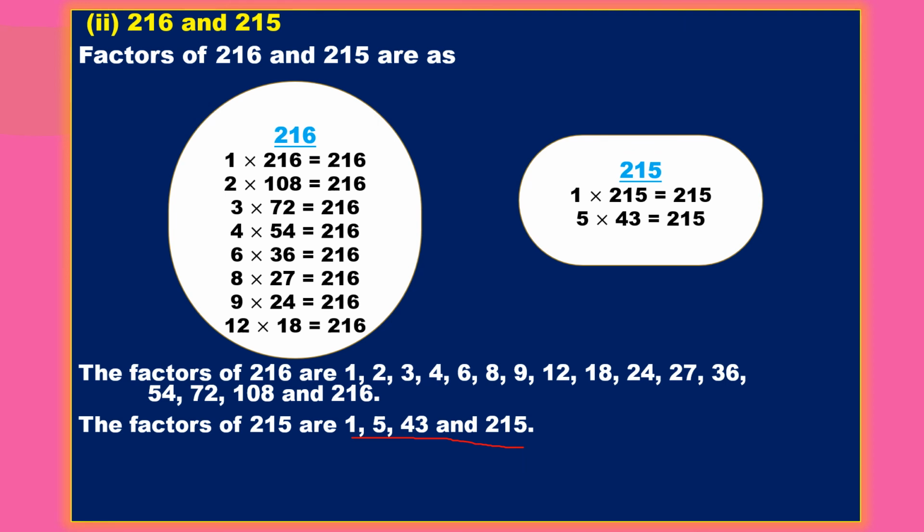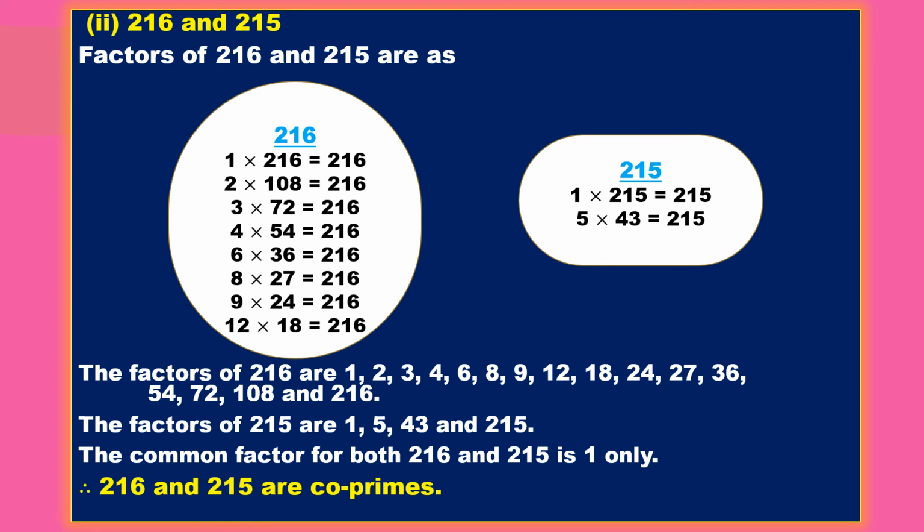Okay, so now we'll see whether any common factors are there. Here 1 is the common factor. Anyhow, you can directly count 1, because 1 is a common factor for every number. Next, 5 is not there here, 43 is not there. So here also 1 is the only common factor, so 1 is the only friend for these two, the common friend. Okay, so they are co-primes. Let me go to the next one now.